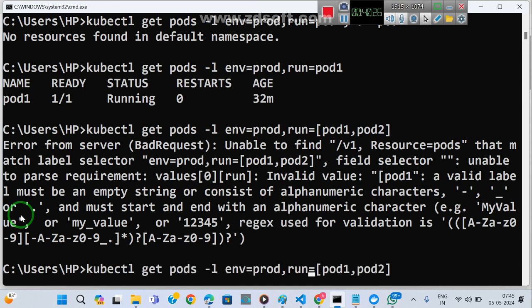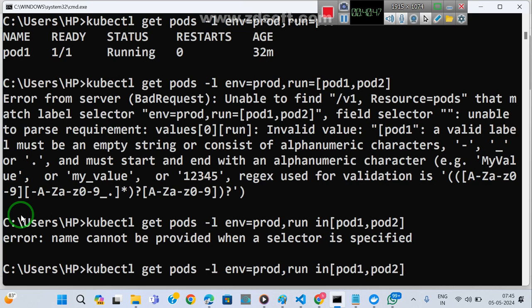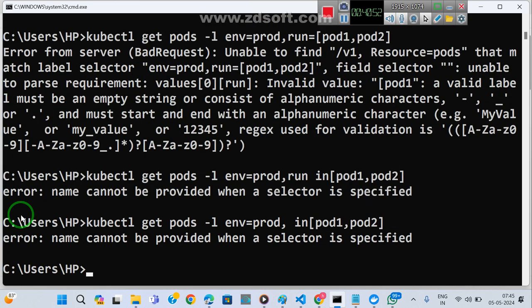Run there in. This is the under criteria. That is the problem. This is the under criteria. Name cannot be provided with a selector is specified. Name cannot be provided. Okay. No. Name cannot be provided. There env